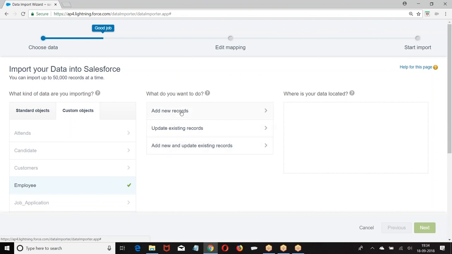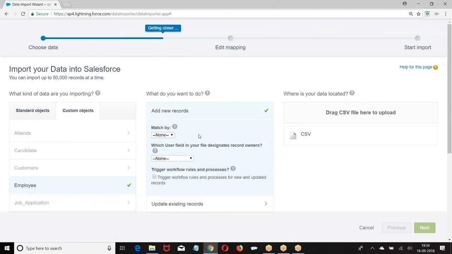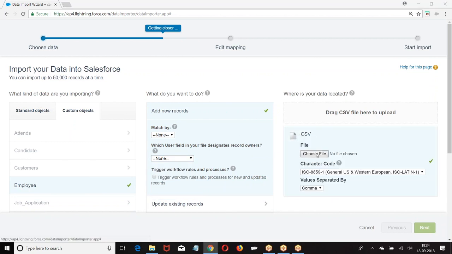Now what I'm doing: add new record. Do you want to define any record owner? I don't want to define any record owner. Go with a CSV file. Choose the file.